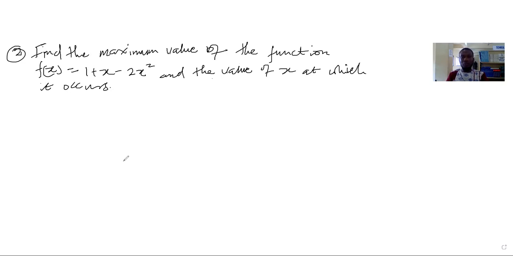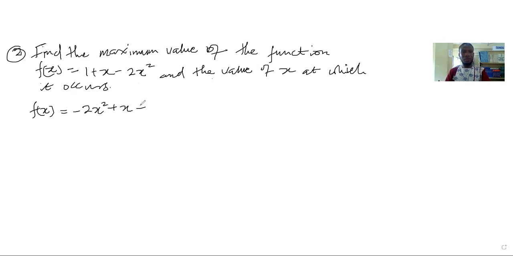So again, whether maximum or minimum value, our a will determine. In this case, our a is negative 2, which is less than 0. So here we can only find the maximum value and not the minimum value. So here we start right away by rewriting our function as negative 2x squared